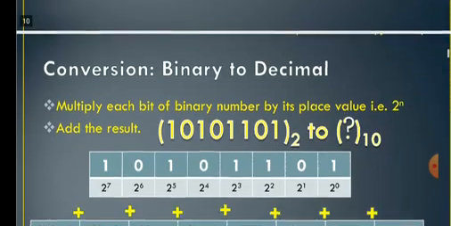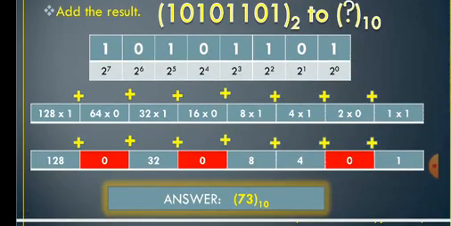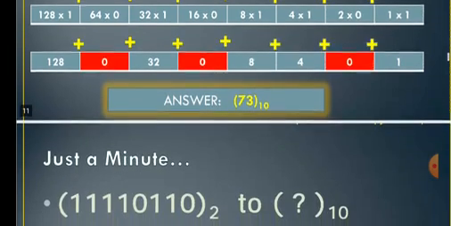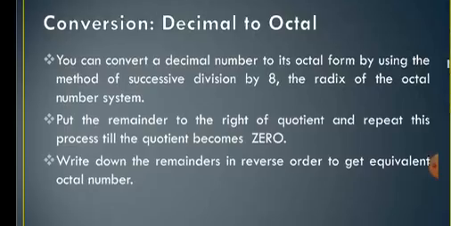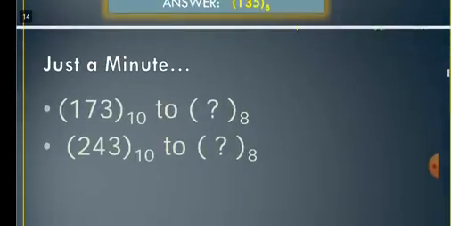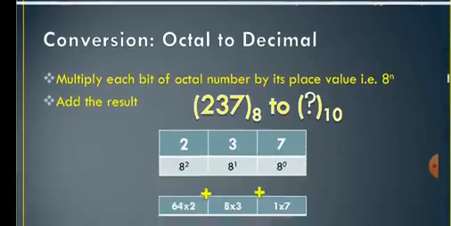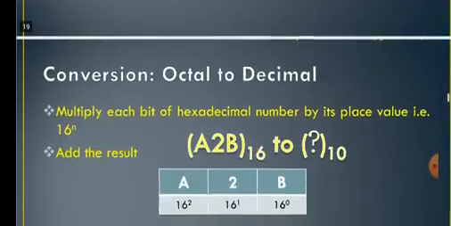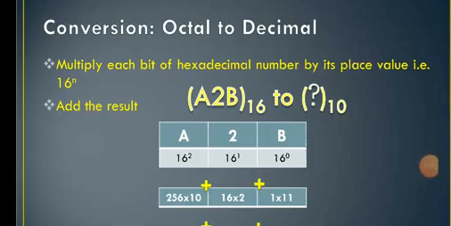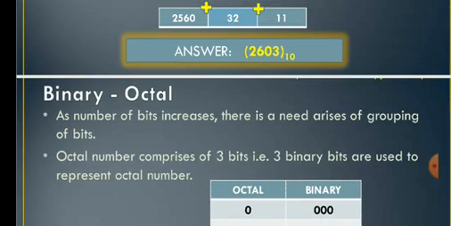Similarly, we have discussed binary to decimal. To decimal, wherever we have to use successive position value as well as place value, and multiplication and addition procedure must be used. And then conversion from decimal to octal also, decimal to octal in the sense successive division by 8, and then octal to decimal, multiplication with the base value of octal, decimal to hexa divided by 16. All those procedures must be used. I hope you will be understanding all these concepts, and then complete your homework properly. We'll continue in the next class.